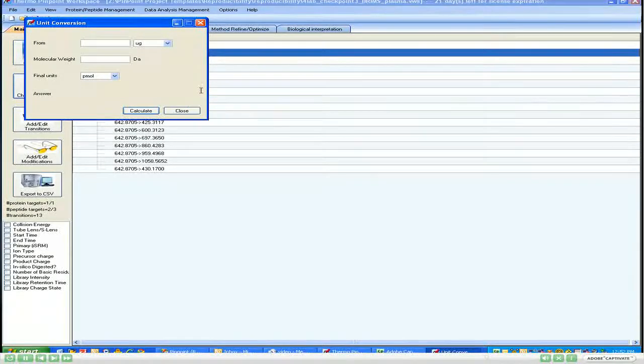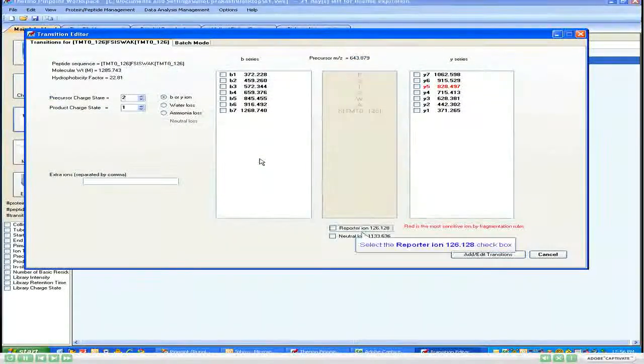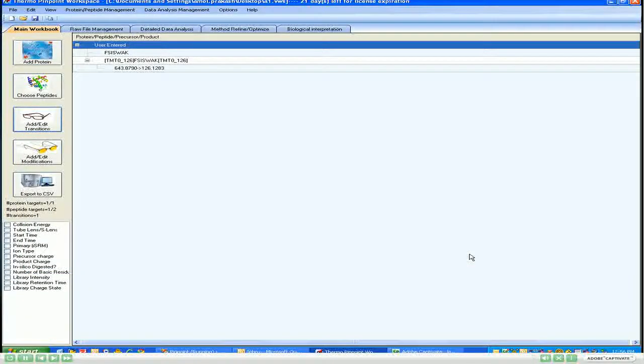Also, to redigest a protein, you have to make sure it has no peptides left. So if you click this button, right now you can see this protein has 3 peptides in it. That's why the digestion window is not enabled. If you want to redigest a